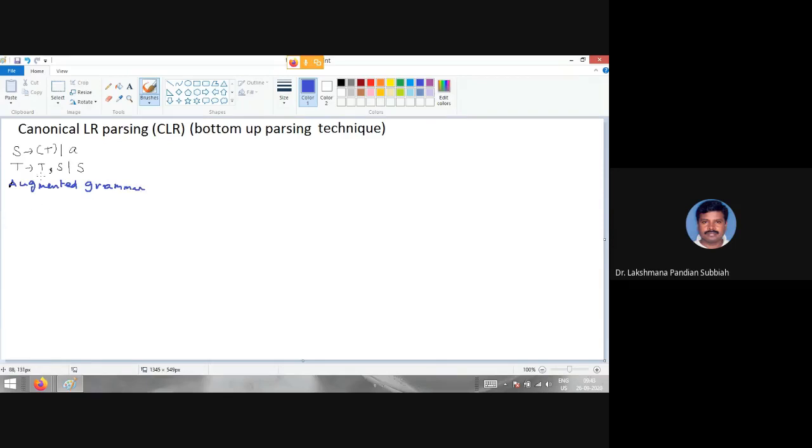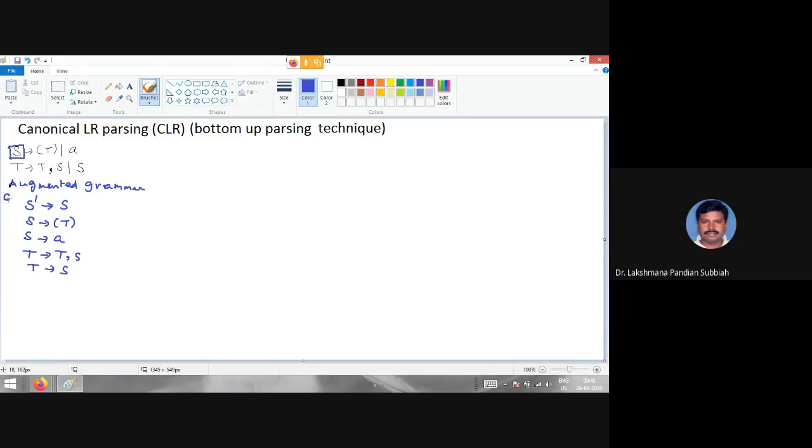Augmented grammar is, you have to consider the start symbol and write a start symbol dash, S' → S. Then you have to write all the other productions: S has a single alternative, then T, then T comma S, then S. Now this is the augmented grammar.